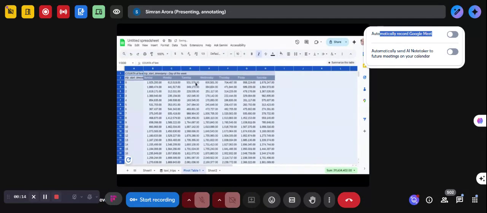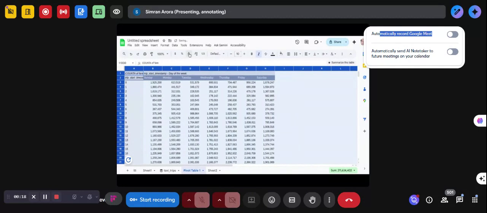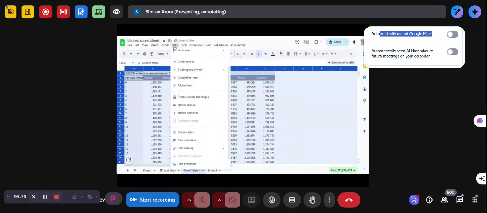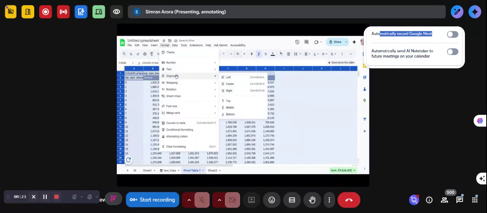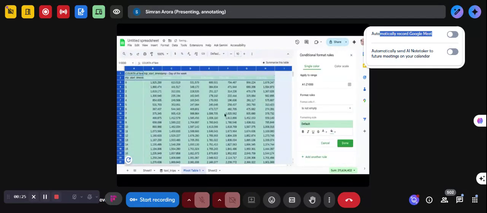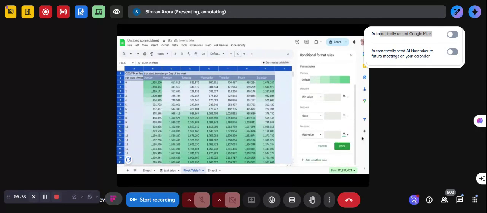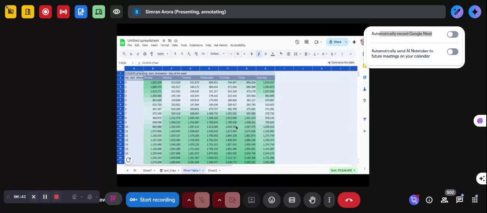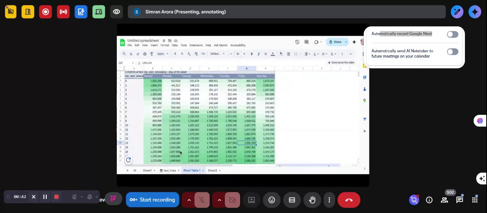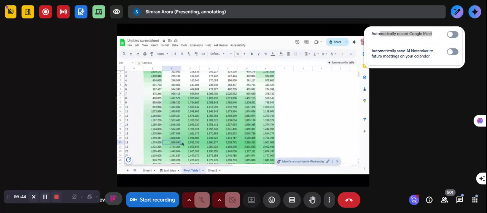And let's just, maybe I can use conditional formatting for doing this. So as you see it here, a dark green is a maximum value and a light or a white is rather a minimum value. So as you can see it here, the dark zones, the dark greens are the ones when the maximum taxi